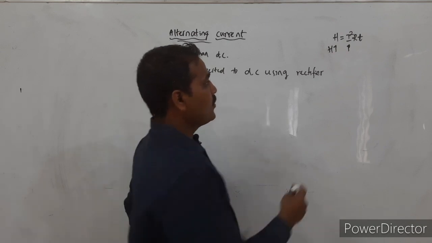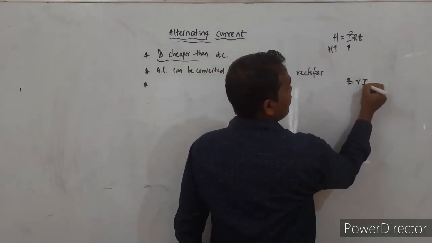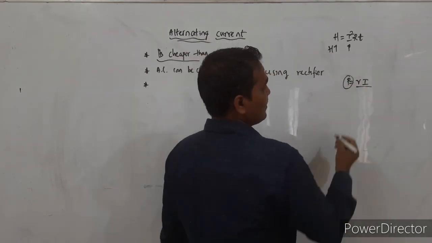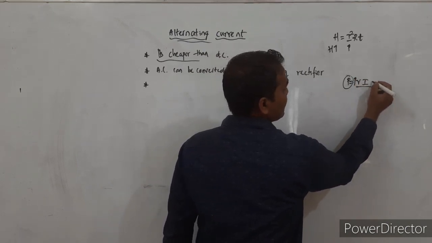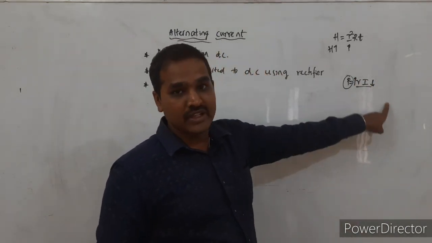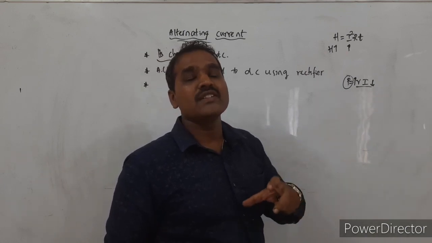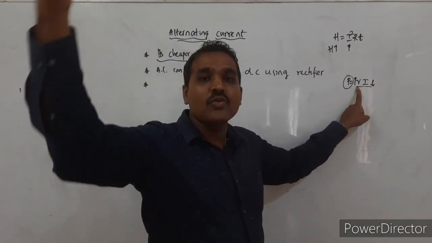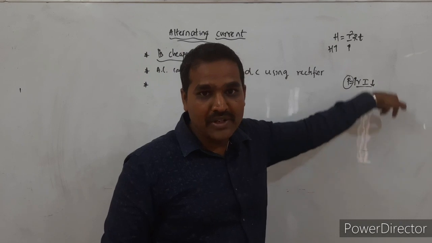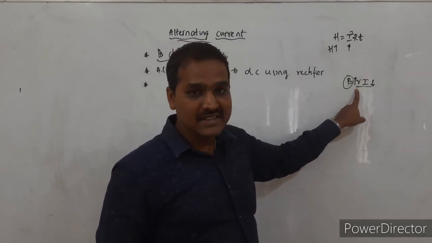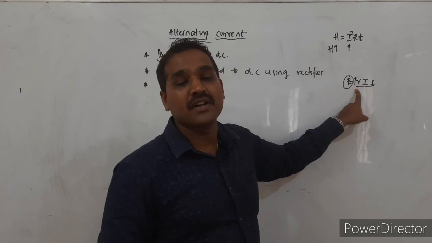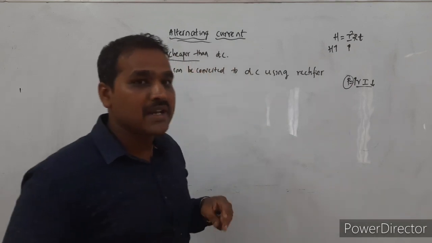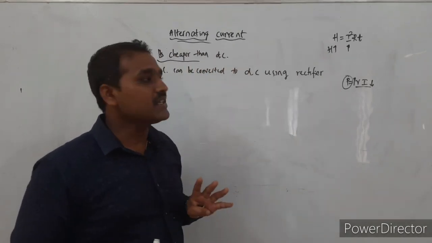So here what we do, we know power is equal to what? Power is equal to V into I. Okay, so when power remains the same, if I increase the value of voltage, automatically current will come down. So what we do, whatever voltage or EMF is produced in the power plants, we increase it to very large values, so that the current value automatically reduces to compensate for the increase in voltage. Okay, this is called stepping up, right? So alternating voltage can be easily transmitted over long distances by stepping it up and stepping it down using transformers.